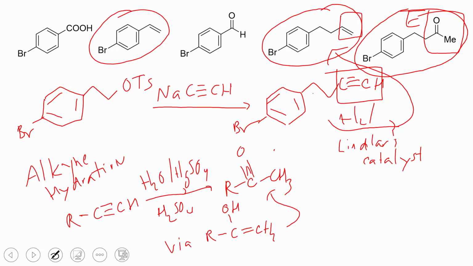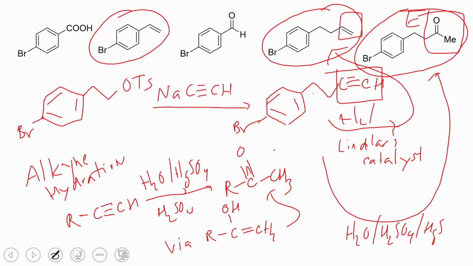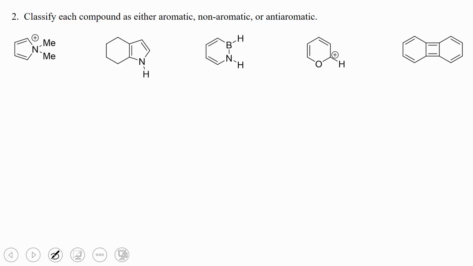All right, so all we have to do here now is just take that compound and treat it with water, sulfuric acid, and mercuric sulfate, or mercuric acetate, either one, and that will finish that transformation right there. Okay, all right, so let's look at the next problem here, and we're going to classify each of these as